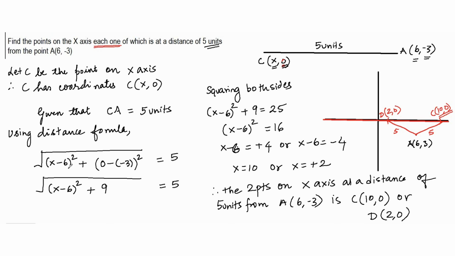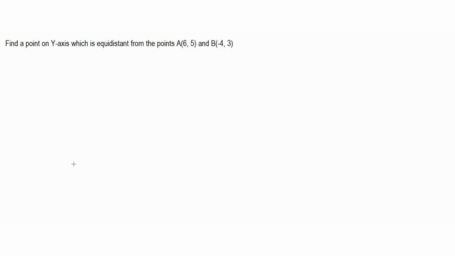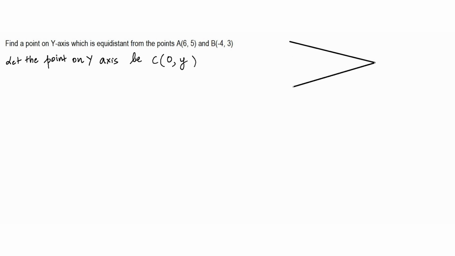Taking up the next question, let us consider this problem. Find the point on the y-axis which is equidistant from points A and B. So let the point on the y-axis be C, and because the point on the y-axis is C, I can assume that the x-coordinate is 0 and the y-coordinate could be anything. If I were to draw a diagram, I know that the distance between A and C and B and C is the same. So this is A of (6, 5)